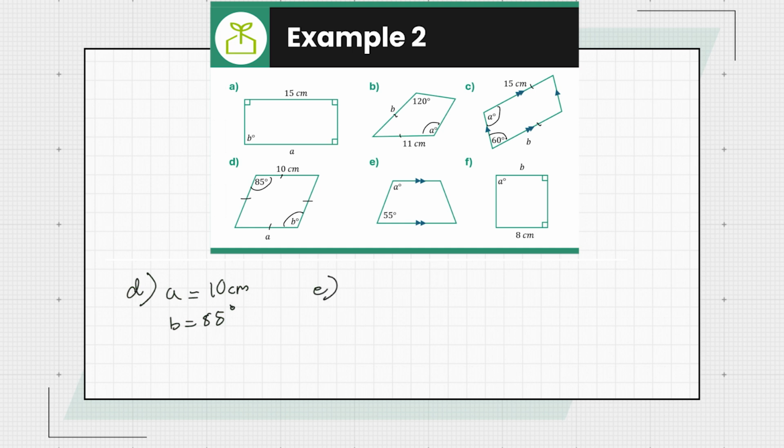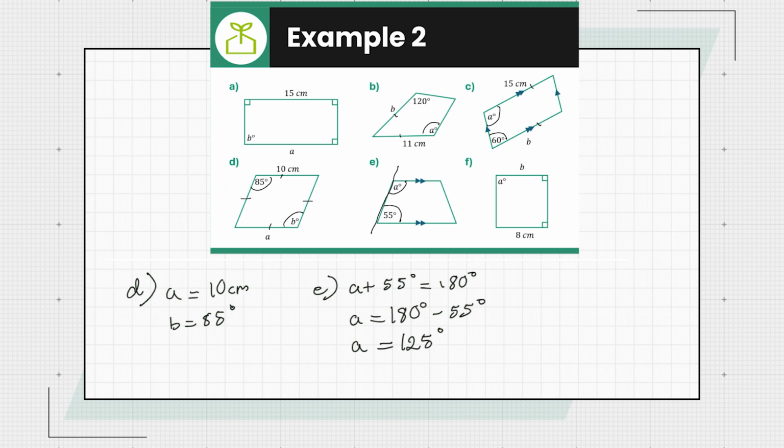Alright, for E we have a trapezium, and we have two angles here cut by a transversal that ultimately means that they are going to be co-interior. So we're going to do A plus 55 degrees must equal 180 degrees. And that means A is going to be equal to 180 minus 55 degrees. So A is going to be equal to